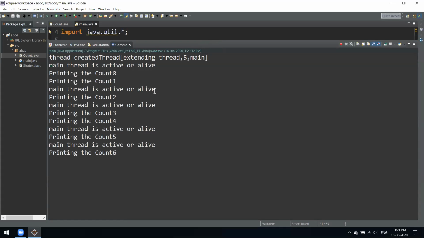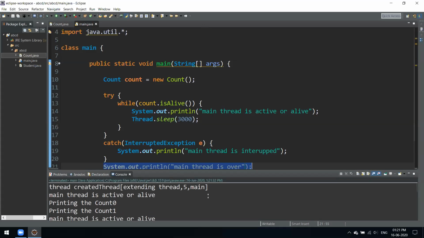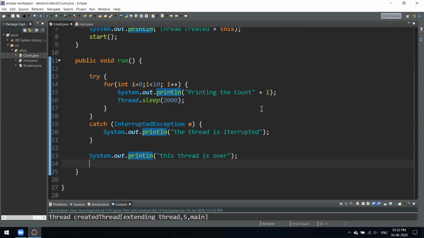So two operations are getting executed at the same time. As soon as the other thread is active, we wrote a while loop over there. See, we have two threads, right? We have this process of printing the counts.